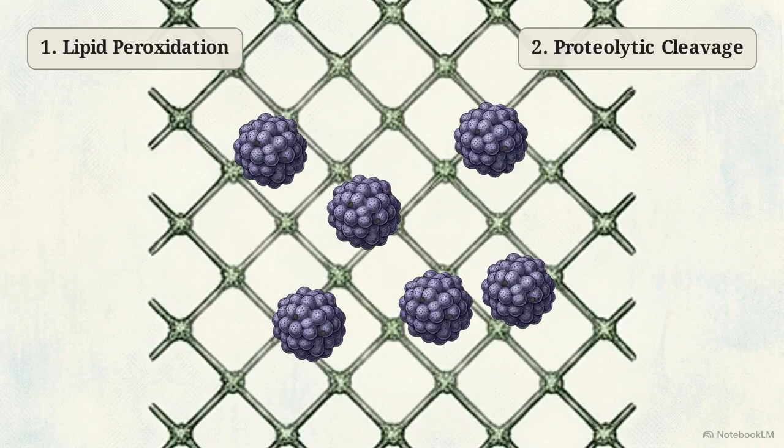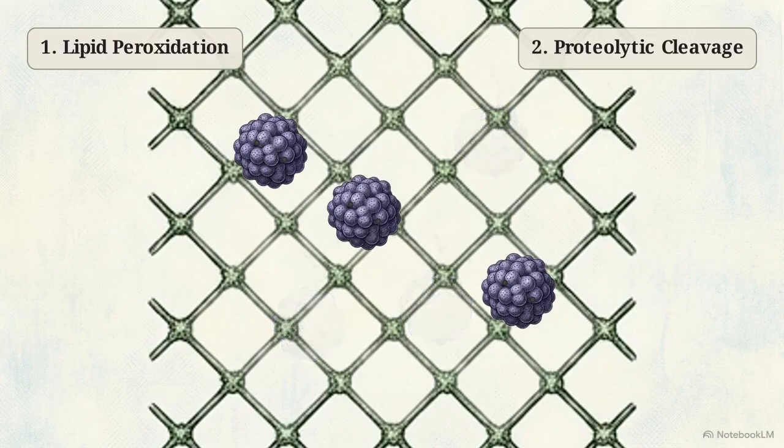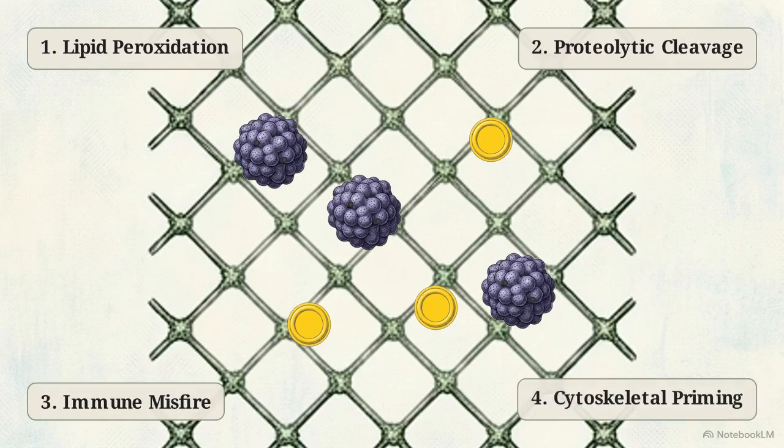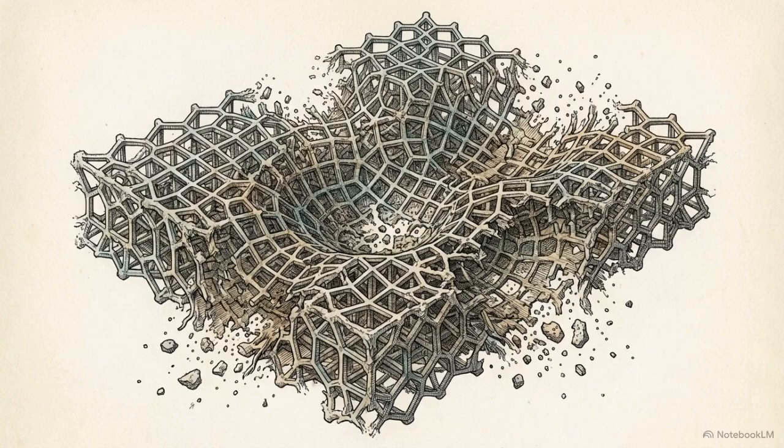The second vector stems from endosomal traffic jams. The neuron begins dysregulating the secretion of MMP9 and ADAMTS proteases, which are released to actively cleave the net's aggrecan core. The third vector is an immune misfire. The neuroimmune machinery deposits C4D complement directly onto the lattice, tagging the net so that surrounding microglia will recognize it as debris and strip it away. The fourth vector is cytoskeletal. Beneath the net, destructive kinase pathways begin priming the perisomatic synapses for total structural collapse. These separate frameworks describe a coordinated siege that systematically dismantles the matrix.